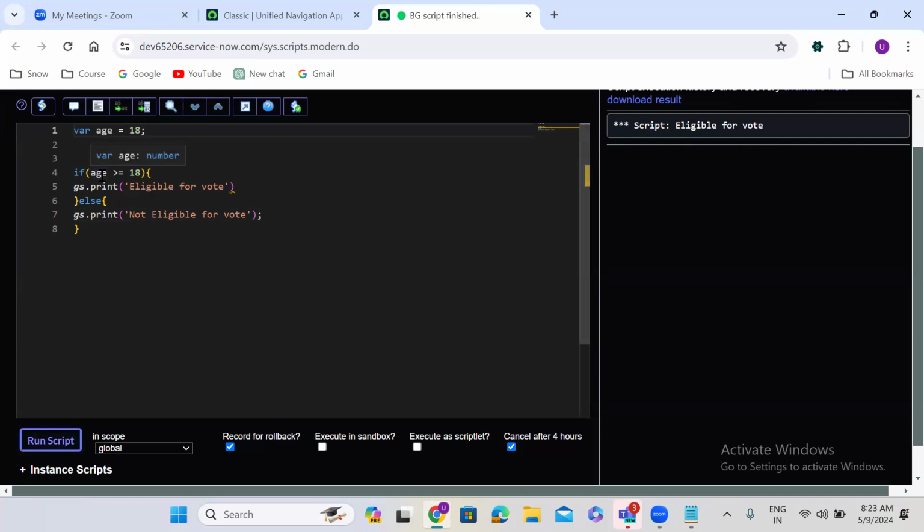If condition, else condition. So if the condition is true, then what is there in the if condition will be executed. If the condition is false, what is there in the else part will be executed. Getting my point? Okay. If that is clear, now we will understand about